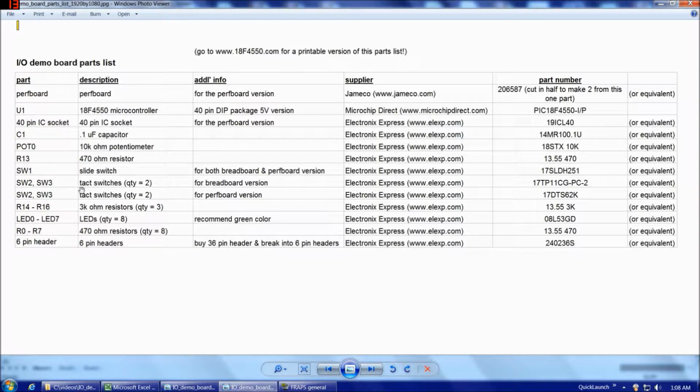For switches 2 and 3, which are tack switches, for the breadboard version and the perf board version, we're going to use a different part number. And that's simply a matter of the fact that these very nice tack switches here, which fit into perf boards very well, really don't fit into breadboards as well. So for that physical reason, we'll have to use 2 different part numbers. And continuing on, we have 3 3k ohm resistors that match our 3 switches. And then we have our 8 LEDs and our 8 resistors and a 6-pin header so we can program the